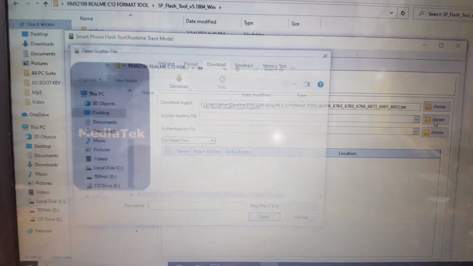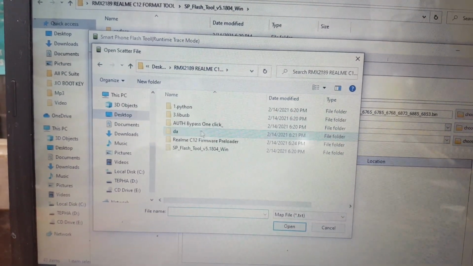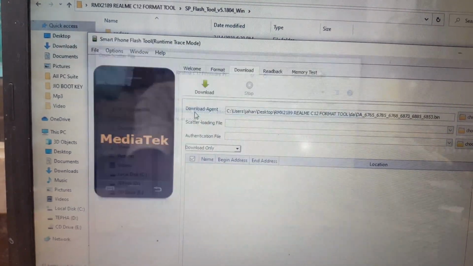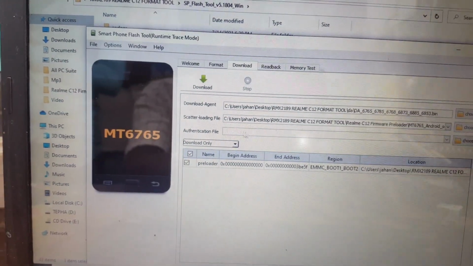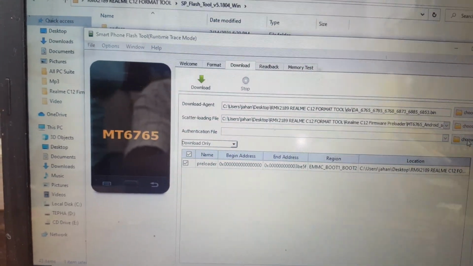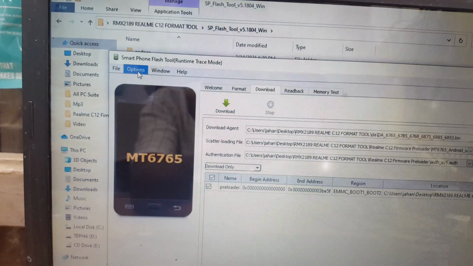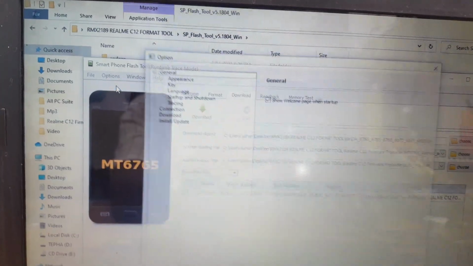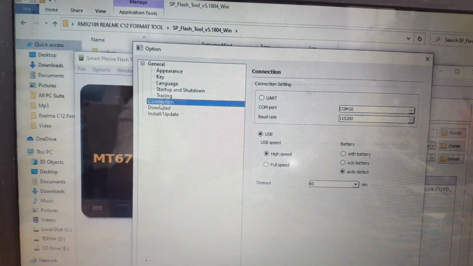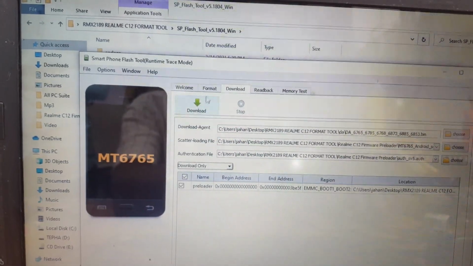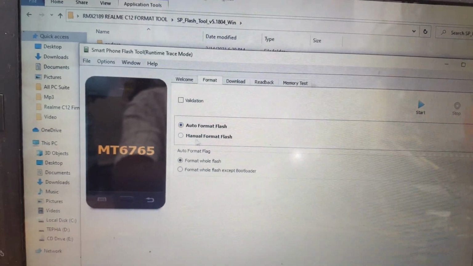Now scatter file, Realme C12, this one. Okay, and authentication file, this one. Now simply go to option and connection. Here select USB and close it. Now go to format and select manual format. You will get